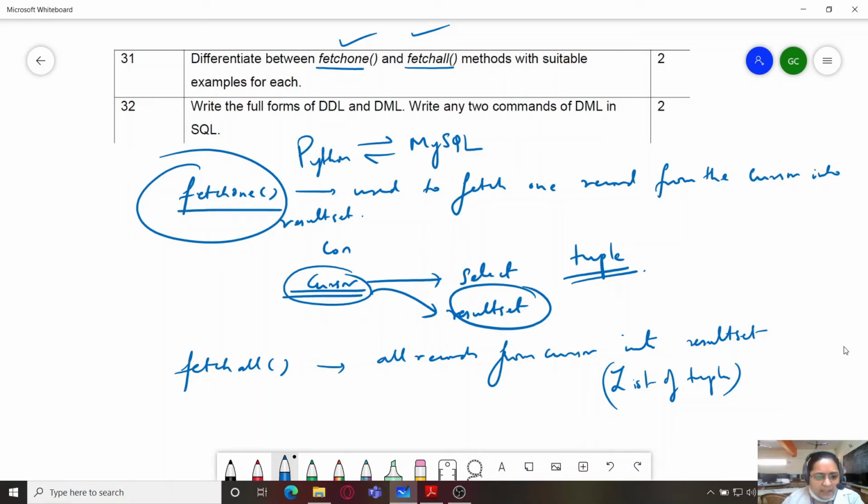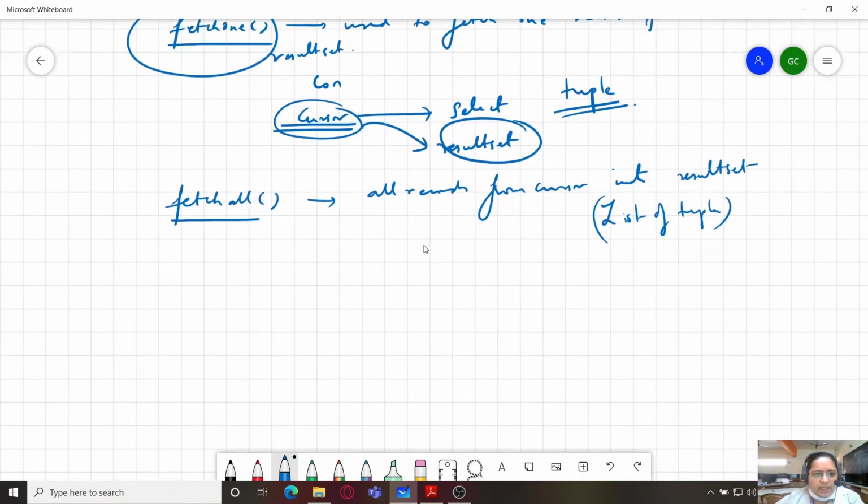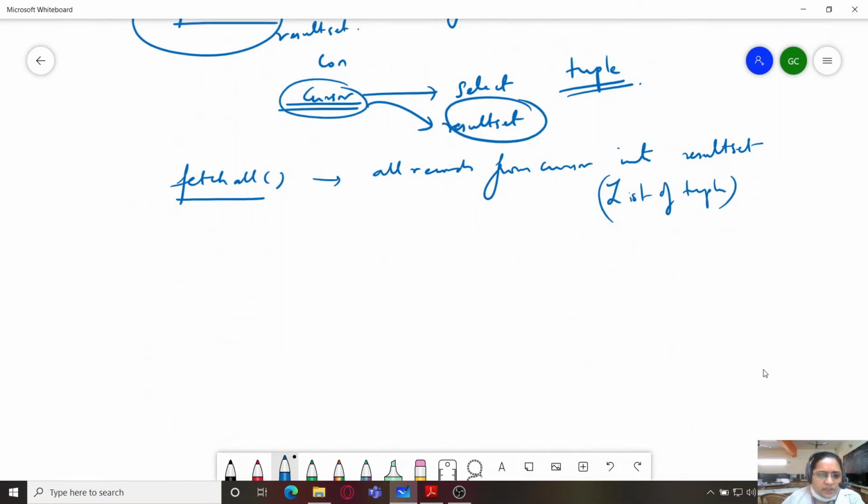First define it. So 1 mark for defining and 1 mark for providing examples of it. So how to provide the example? You can just take a small table, for example a pet table, and within the pet table you have pet ID, pet name, date of birth, owner name.